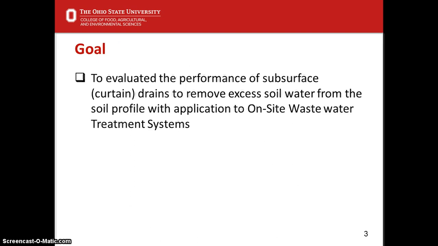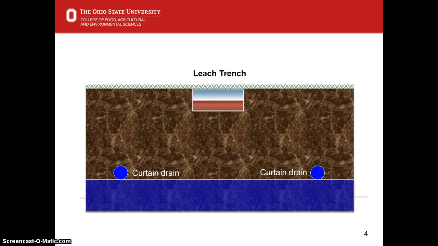The overall objective was to evaluate the performance of curtain drains. How effective are they in terms of removing the excess soil water from the on-site wastewater treatment systems? As most of you are familiar with these systems, you typically have a leach trench or two adjacent trenches, and we're installing curtain drains at a certain spacing to keep the natural water table